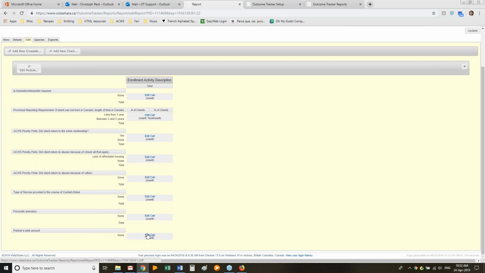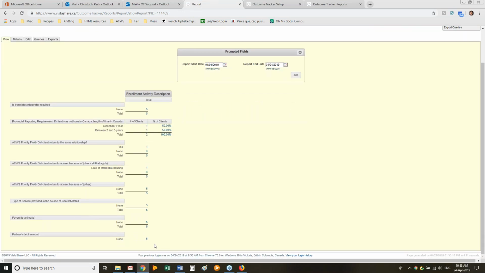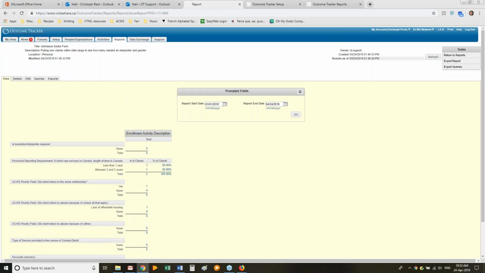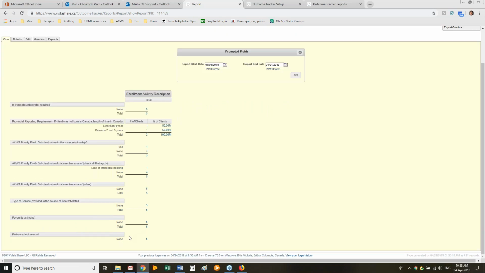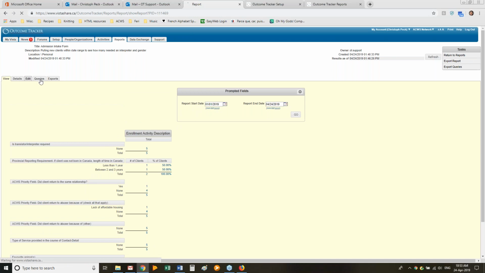Now, one thing that's quite useful in reports is when it's a numeric field like enrollment hours, or in this case, partner's debt amount, you can sum it instead of counting it. So for example, if I go to view now, it just says 5. So if what I want is to display the summed amount, I'll go up here,